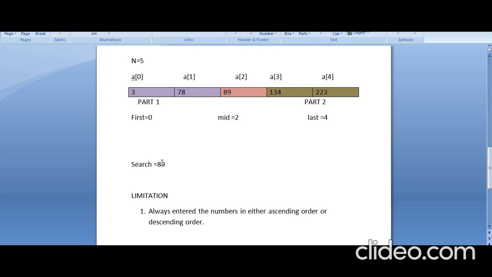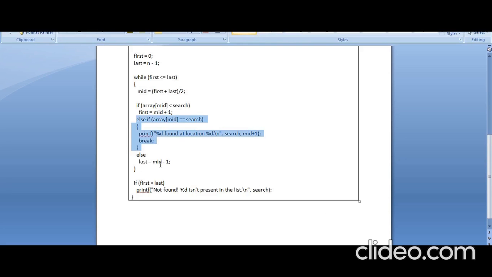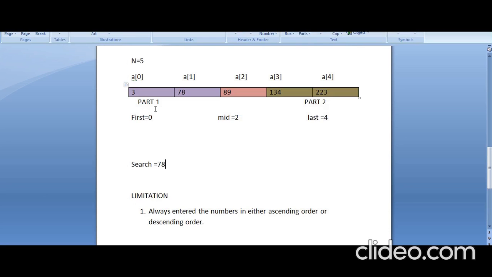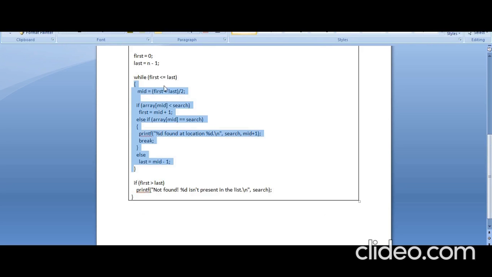Now let me consider I am searching for 78. Once again let me go back. We will first deal with this much only. Once again, first and last: first is initialized with 0, last is initialized with 4, and here first is less than or equal to last.